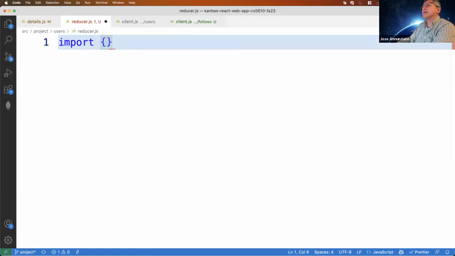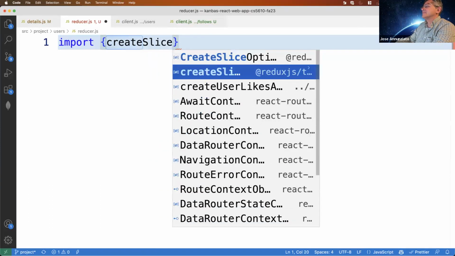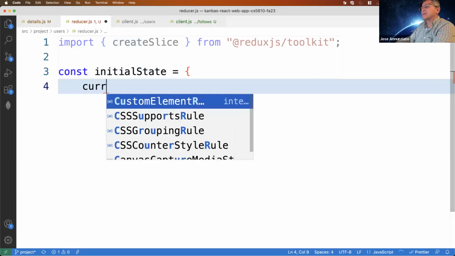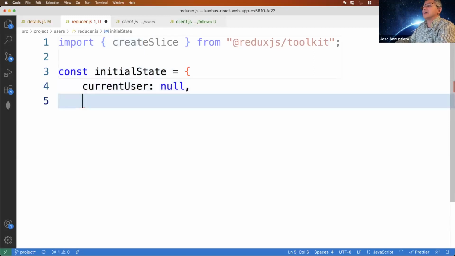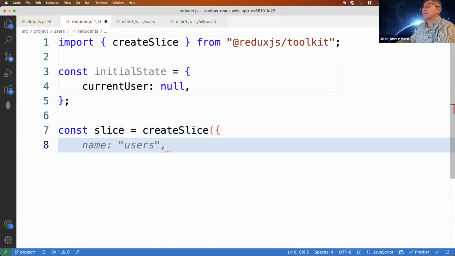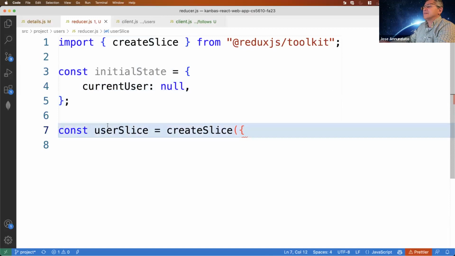Right? So we'll have to create a slice, right? And so let's create a slice. We have the current user here, current user, which initially is null. Maybe that's the only thing we need to remember. We create the slice. So this is the user slice, I guess.